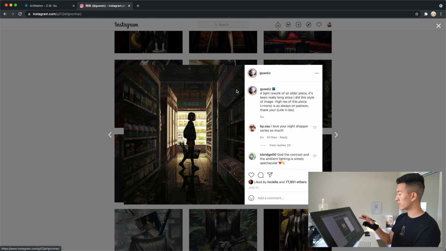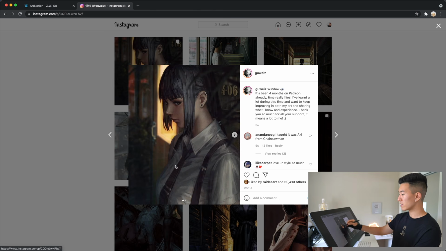And here we have a second example that is really similar to what I just showed you guys. You can see the dark silhouette of the character is being really accentuated by the light behind her. Even for this one, you can see in cases like these, that window being there behind the face of the character is not an accident. That is a strategic placement of a lighter element behind something that is very dark, so that the dark element in front really pops out of that background.